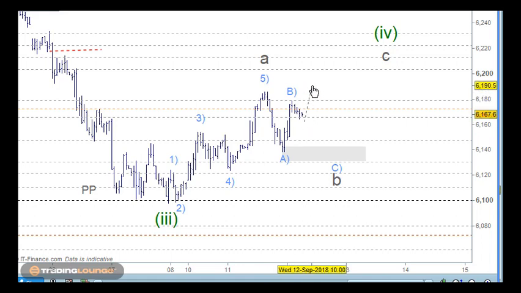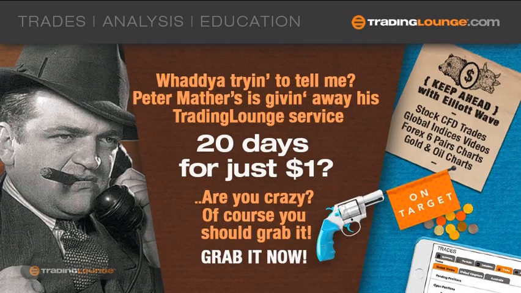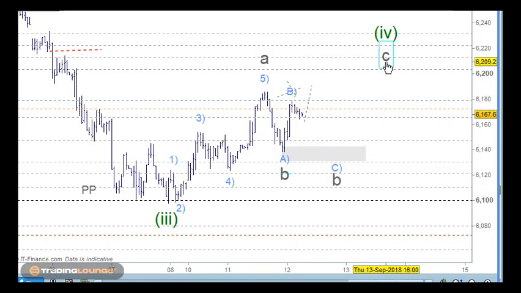If it makes a new little high here, then it's going to rule out this B wave, because it will have 5 waves here, and then it will move up into this space here. Then we'll have to put this B wave in here, and we'll put this C wave over here. But I'm not quite sure about this, but we'll see. If you see a move down here, it's only going to go to here.